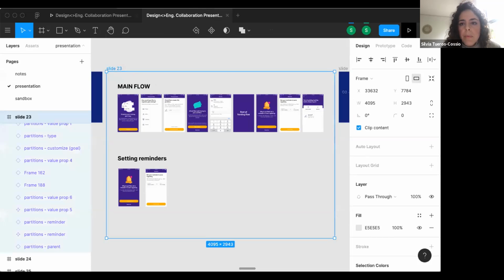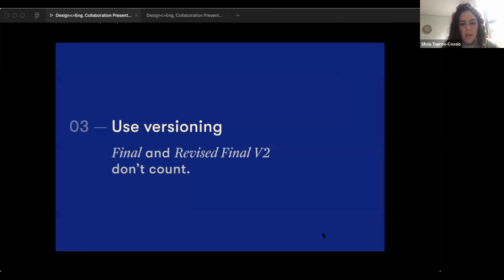All right. Okay, moving on to tip number 3, use versioning. In a super regulated industry like finance, between our compliance team and partners we work with, there can be a number of different versions floating around with a number of different edits. So engineers face that challenge too, and they've already worked out a solution for it. It's versioning, not just "final" or "final final," but using actual version numbers.